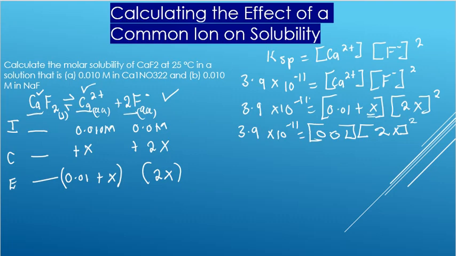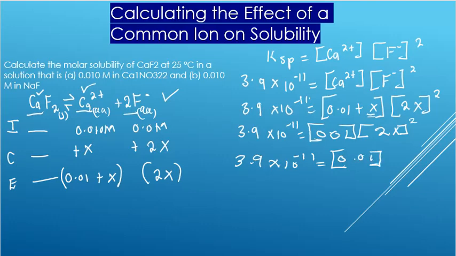From there, we can do our calculations. So we are going to have 3.9. Okay, let me try to wrap. So this is going to be 3.9 multiplied by 10 to the power negative 11 equal to,